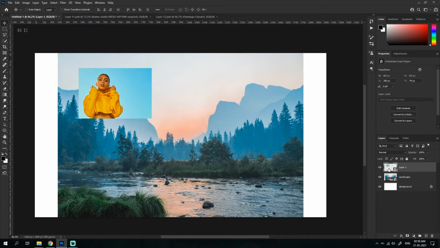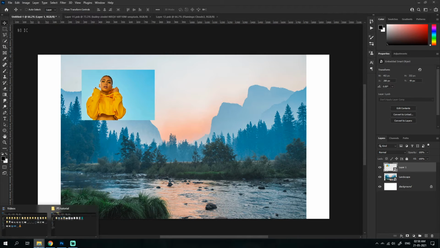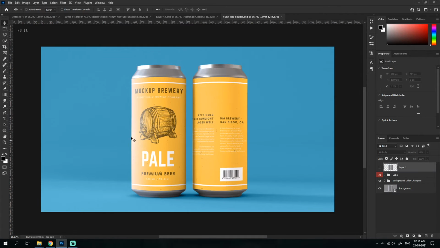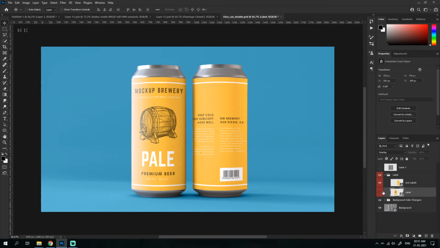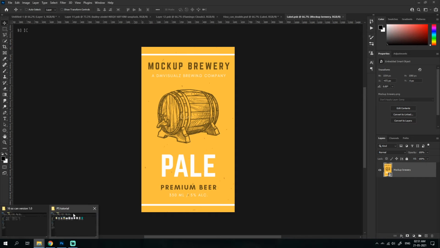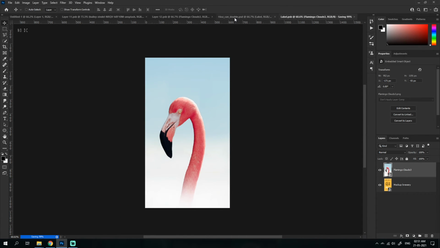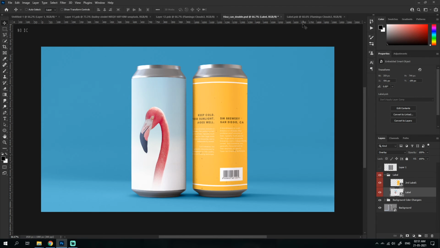And this is how we create mockups in it. We use smart objects, and then what we present is, I'll show you one of the products. Okay, so this is one of the paid products which I have. Let's just go to 16 as a double, and then you could see this is the thing which is shown. Now if you go to, where is it, you could see these are the smart objects, label 1, label 2, and if I click here it opens this section, and then I can simply add anything there. Because it's a smart object, I can just work in it, and then if I save it, it will automatically paste it here. So that way we actually make mockups and stuff.